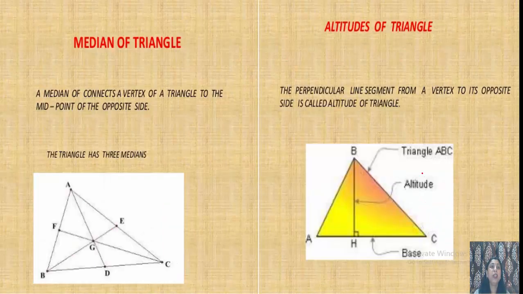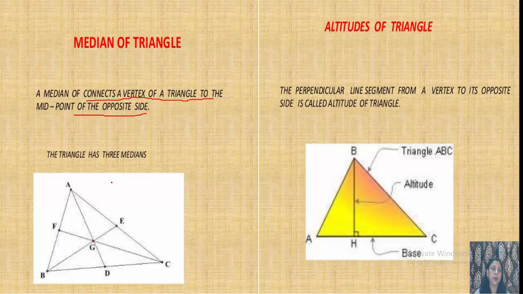Now what do you mean by the median of triangle? A median of a triangle connects a vertex of a triangle to the midpoint of the opposite side. Suppose AD is the median. We are saying this AD is the median. So AD is starting from the vertex A and side opposite to vertex A is BC and D is the midpoint of BC. Means median जो है एक vertex से दूसरी उसके जो opposite side है उसके midpoint को connect